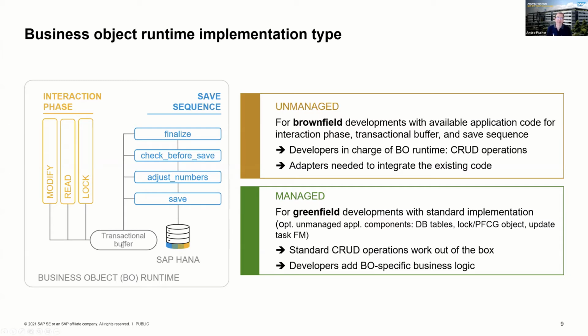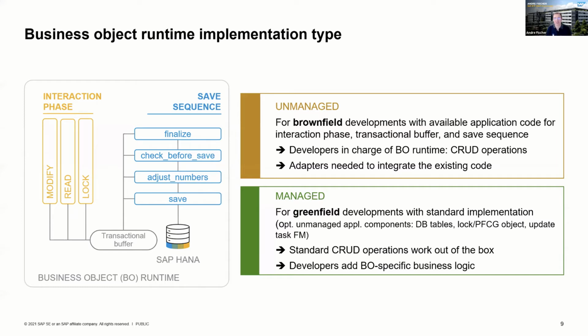And then if everything is fine and you press more or less the save button, the save sequence starts. The first step there is the finalize, everything is finalized, and then there is a check before save method. So these methods can be implemented if needed. If you have passed this check before save method, then there's the point of no return. After having passed this section, the framework can only respond with a dump.